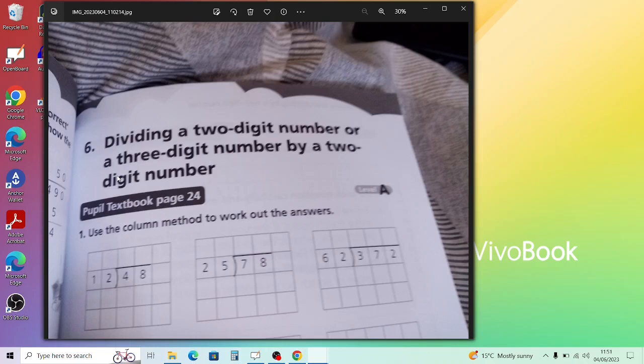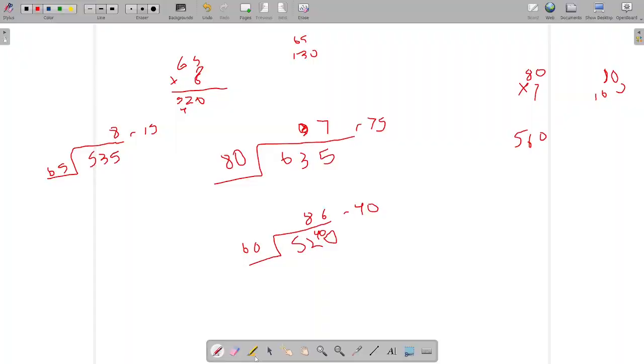How many 87s are there in 783? So we do 783 divided by 87. And again, sometimes you have to work out which times table, and if you get it wrong, move one down, and so on and so forth. So shall we do this one quickly? So for this one, we're doing 783